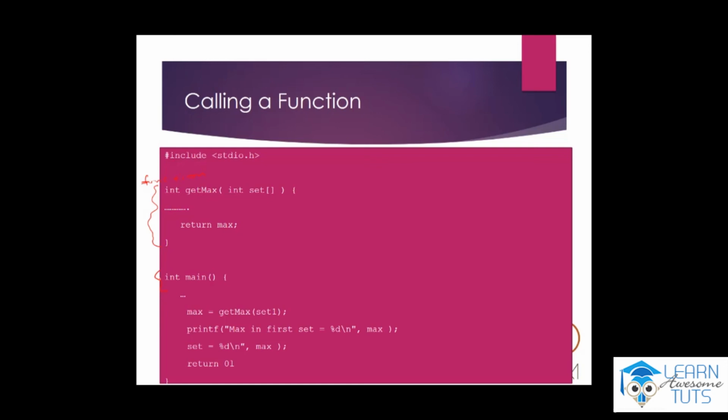So we have here a function getMax, where we are returning a maximum number, and then we have a main function where, as you can see, we are calling the getMax with the set1 right here. Then we're again using a built-in function called printf, so that we can print this message on our screen, max in first set. This is %d, which means that we will print an integer. Actually we will print the value of the variable max,